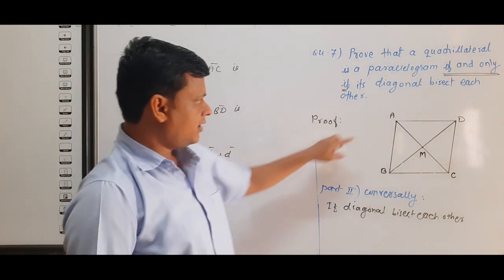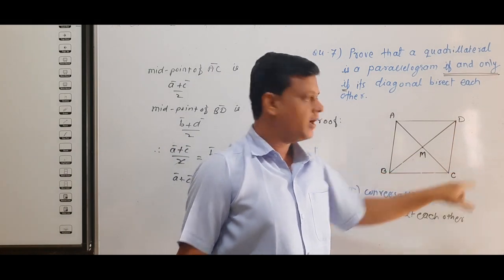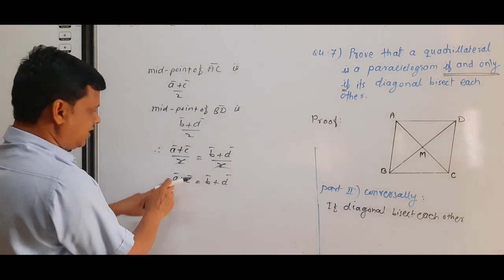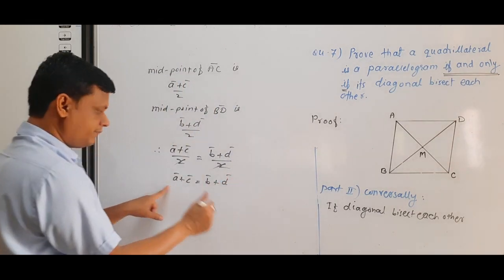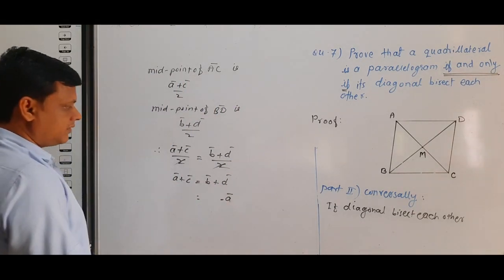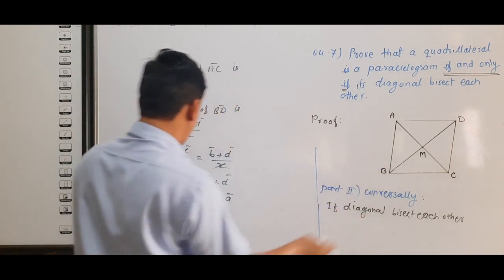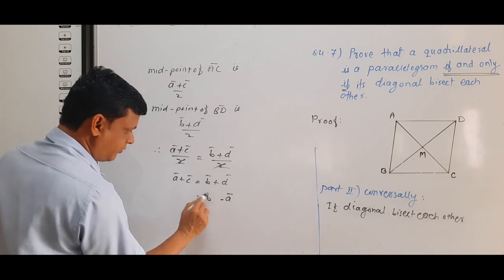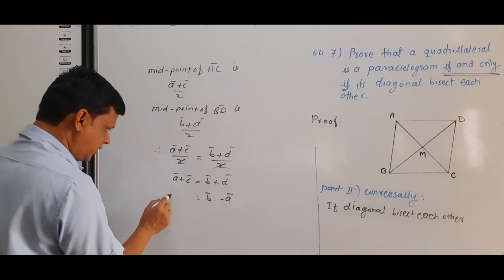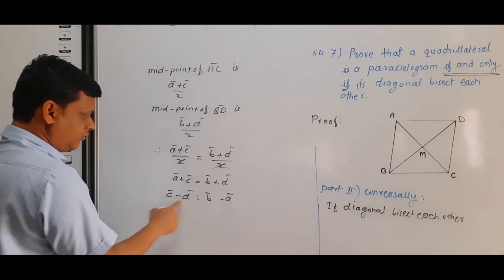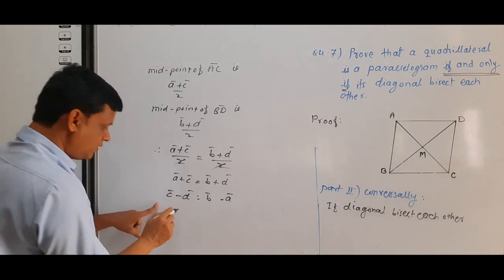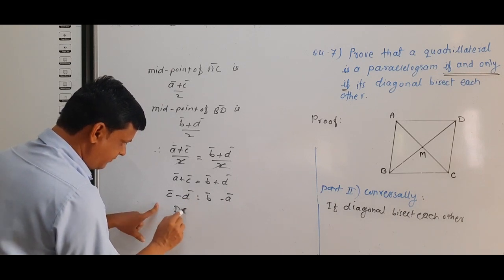Now we have to show here that side AB equals side DC and side AB is parallel to DC. So we shift this A to the right hand side. We write here vector minus A. For side AB we require A and B on one side, so keep vector B as it is on the right hand side. Shift this vector D to the left hand side. So we write here C bar minus D bar. Now if we see, this is the vector DC. So we write here vector DC.